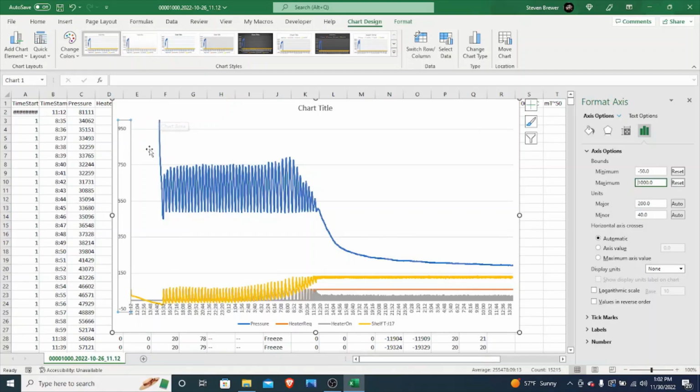So your vacuum's down in the 500-600 millitorr range. So when it drops below 500 millitorrs, your heaters will come on. That heats up your trays, which then you have the sublimation going on where the ice is going to a vapor. As it heats up, the pressure will come up as that moisture is coming off, and then when it gets above 600 millitorr, it will turn off, and then the vacuum will come back down, and it just cycles back and forth